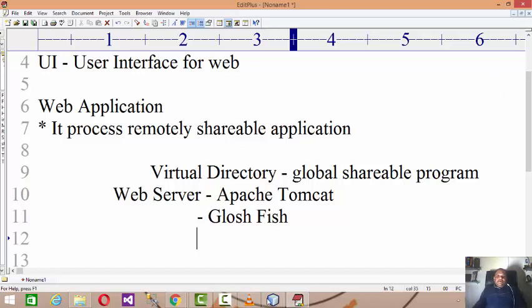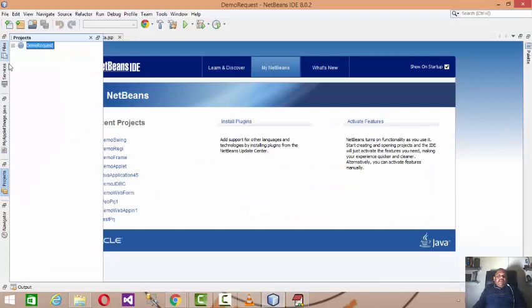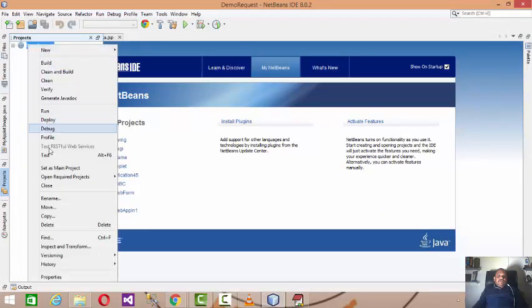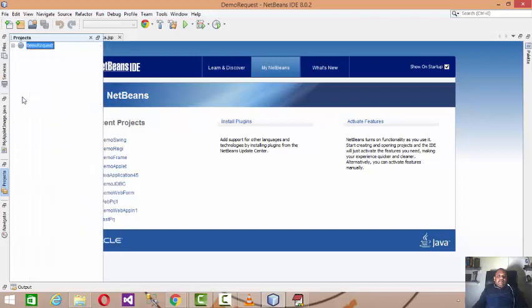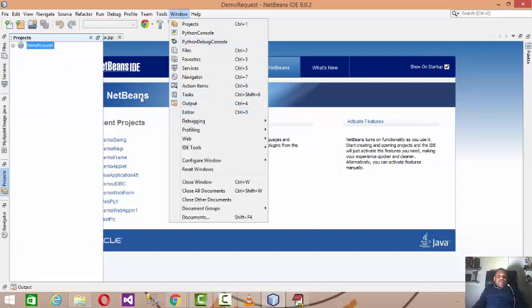Whenever you create a web project, let us understand that if this is your web project, then it consists of various servers.